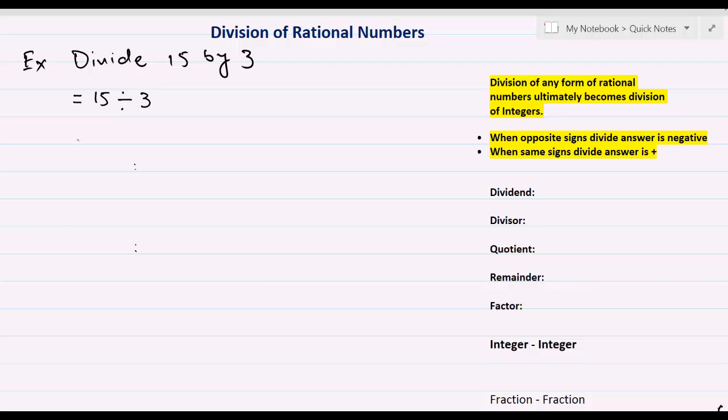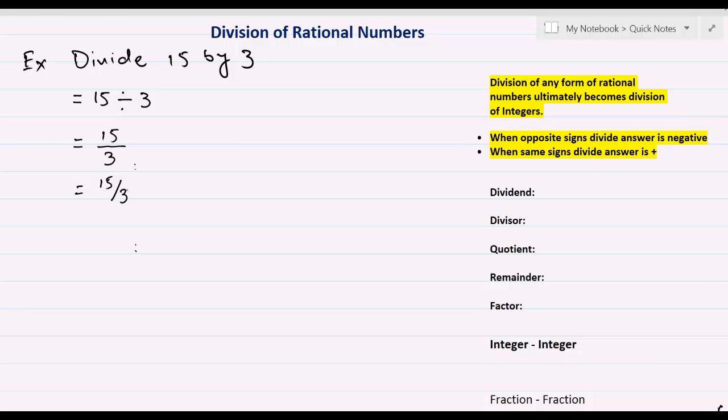This can also be written in the form 15, then this division bar, and then 3. And on a computer keyboard, you write 15, then a slash, and then 3. Now you can see that all these 4 different representations mean the same thing, that we are dividing 15 by